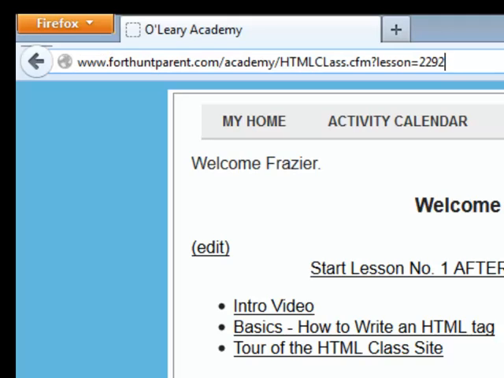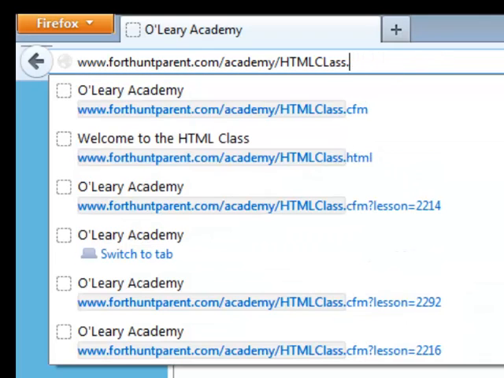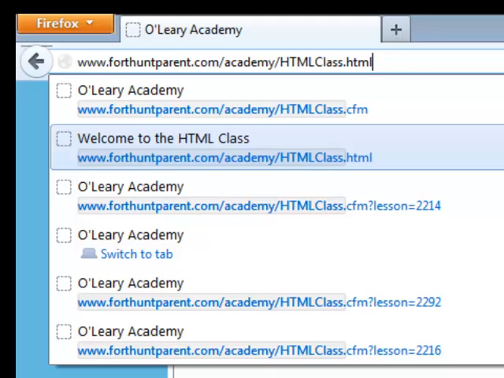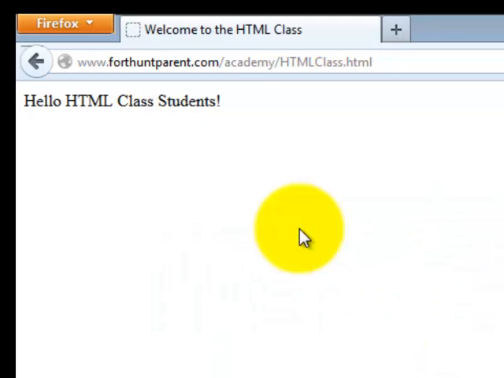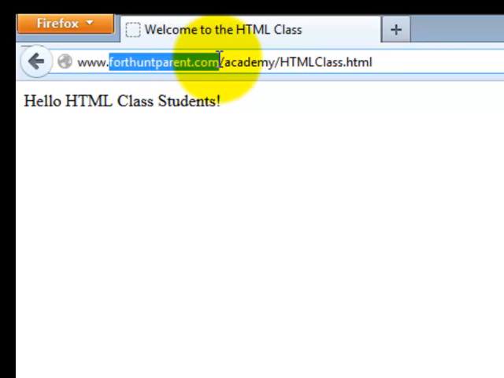So first off, you can see up here in my browser, I'm going to click enter here, okay? And what you can see is, first off, this is important. www stands for World Wide Web, and then this, forthuntparent.com, is the name of the site. And that's on some computer somewhere. There is a collection of folders and documents, and I basically just told the internet to go to this one right here,